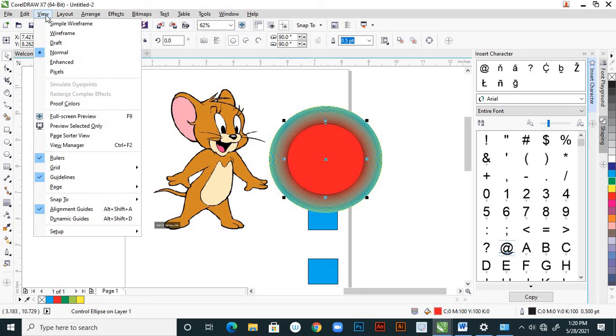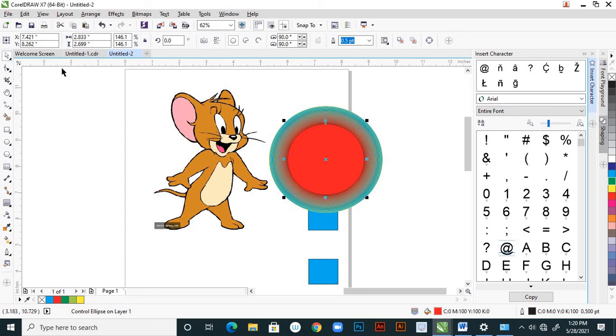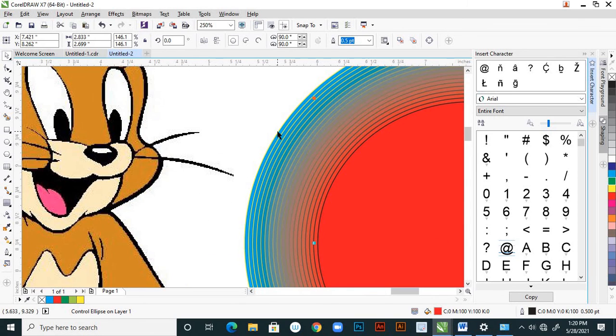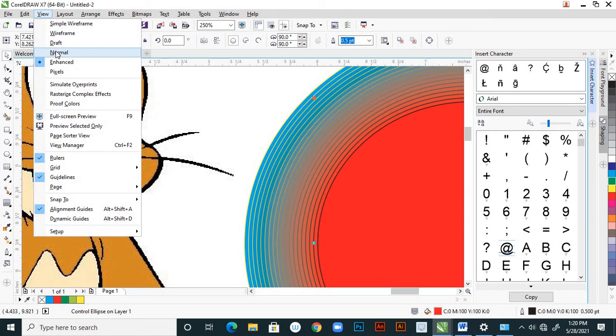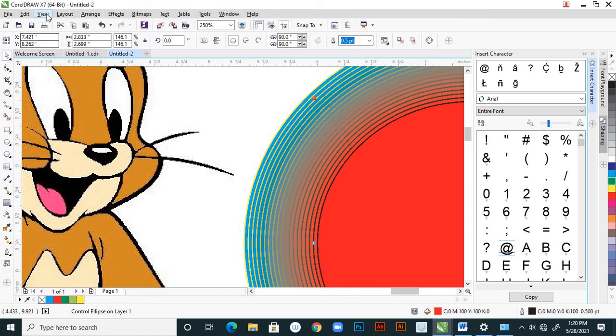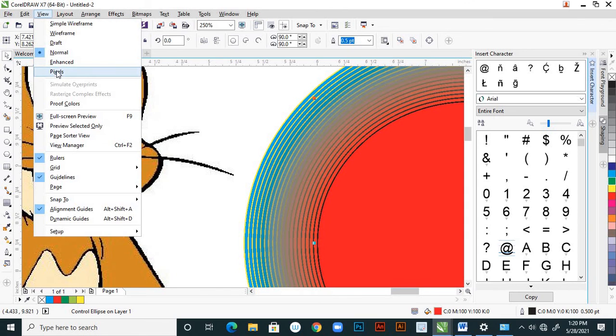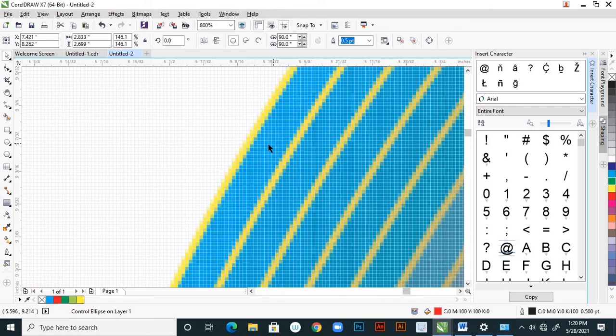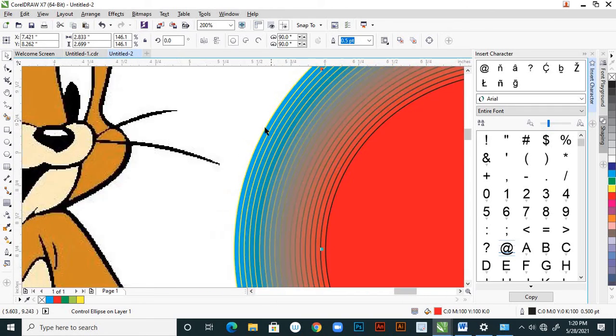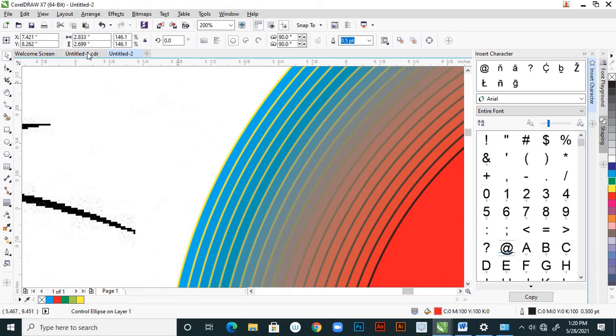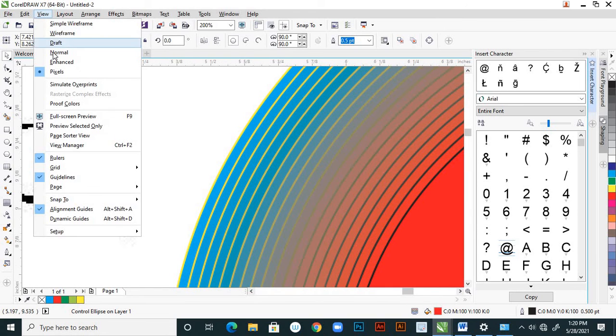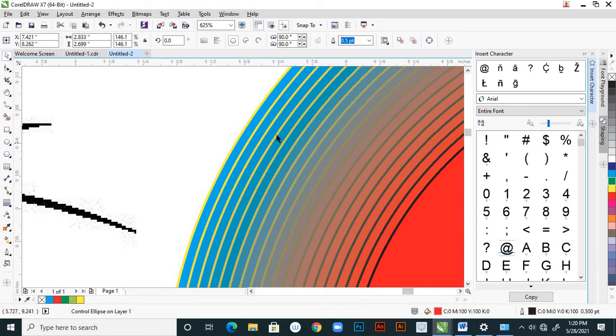So normal is normal, and it is enhanced, right? It is lower than your normal. The quality will depend. And this is what? Pixels. So pixels are what? It is showing into JPEG type, right? So sometimes we use these modes. So I'm keeping this into normal.